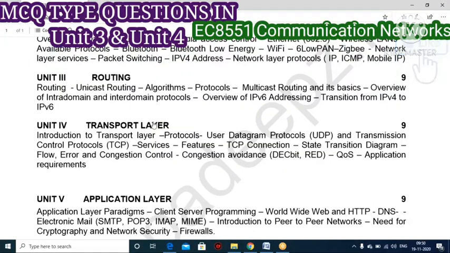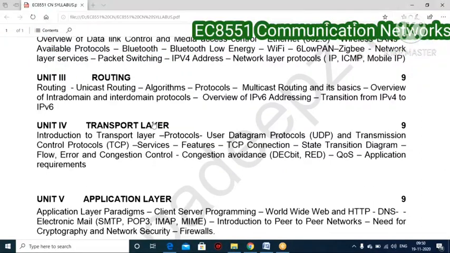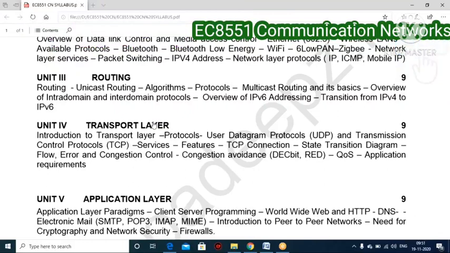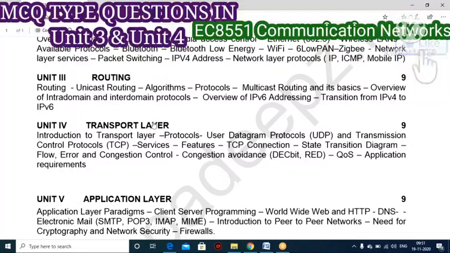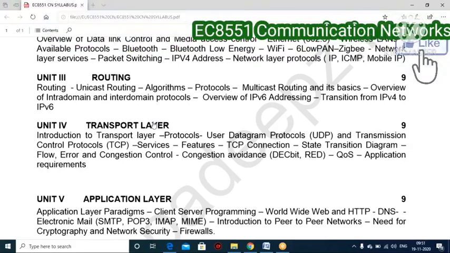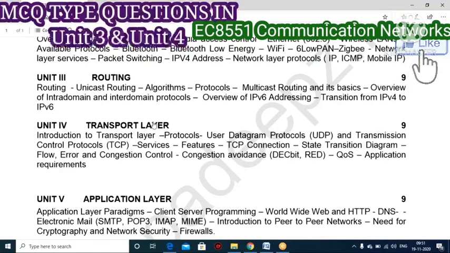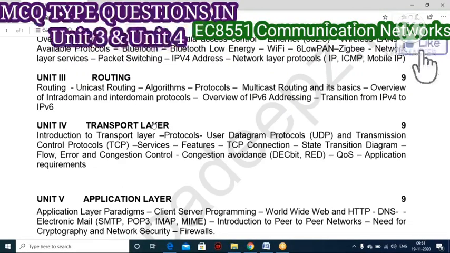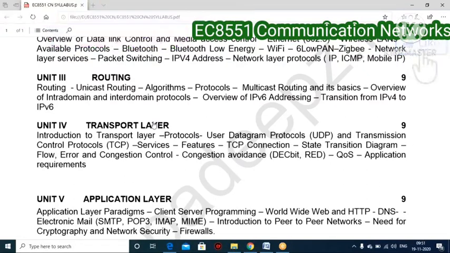Okay, so make use of it, students. In routing, you all know this concept. Other than routing classification, you have two more topics. One is addressing, that is IP version 4 and IP version 6. These two addressing topics are very important. And finally, you are going to study the transition from IP version 4 to IP version 6. So these are the interesting topics that come under this routing unit.